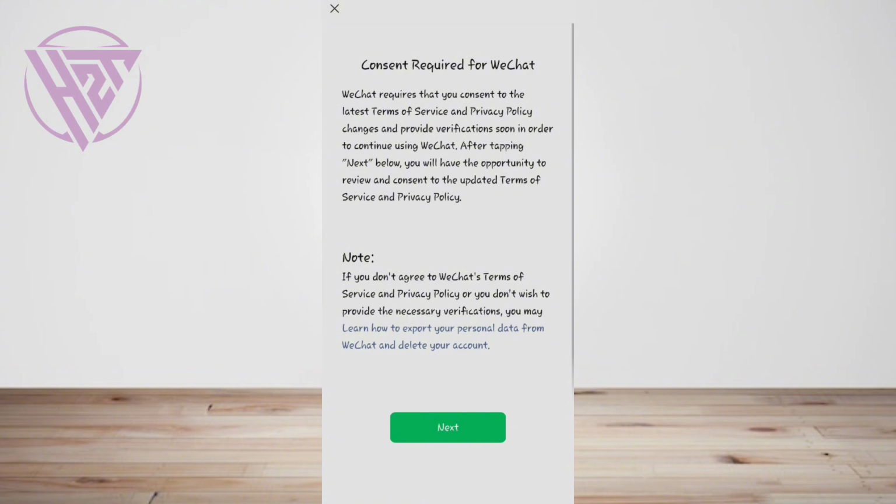There is also an option to add a profile picture at this point, but this is not necessary to complete the process. Then check the box next to I have read and accept the terms of service. Then click accept and continue.